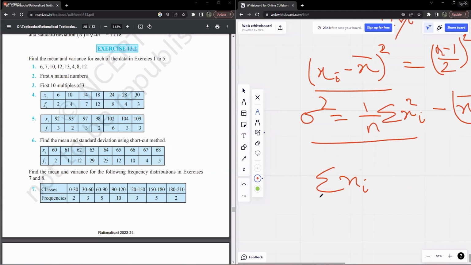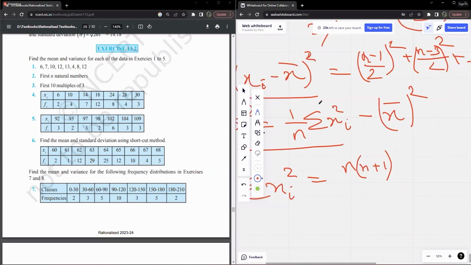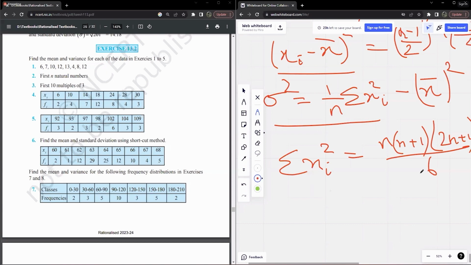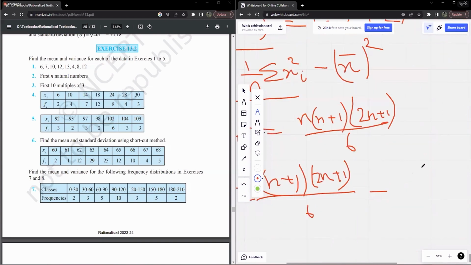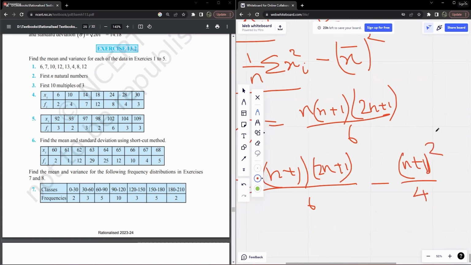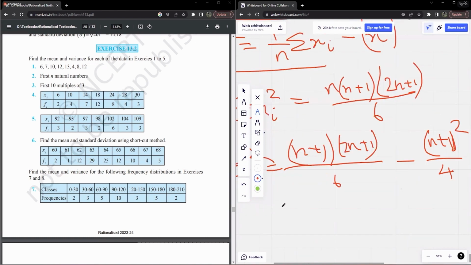So our sigma square then is going to be this by n, which is n plus 1 times 2n plus 1 by 6, minus n plus 1 by 2 the whole square, which is n plus 1 by n plus 1 the whole square divided by 4. Right. So multiply this by 2, multiply this by 3. We'll basically have